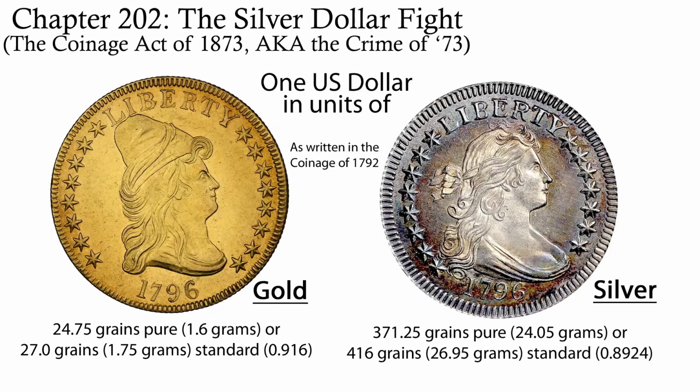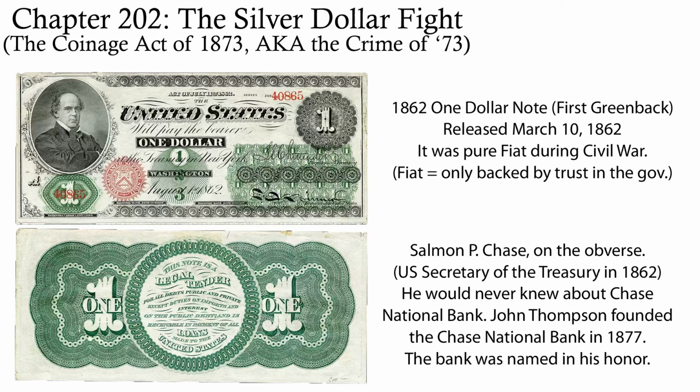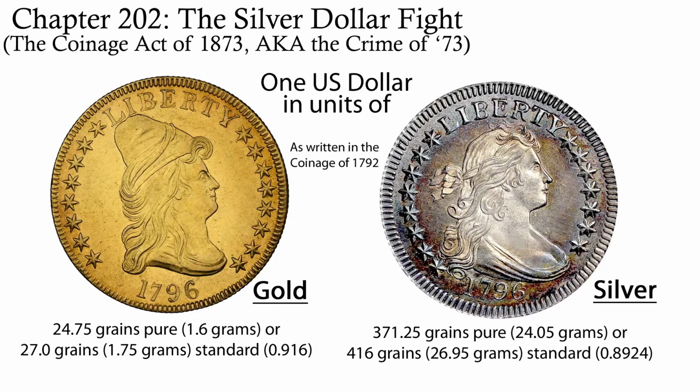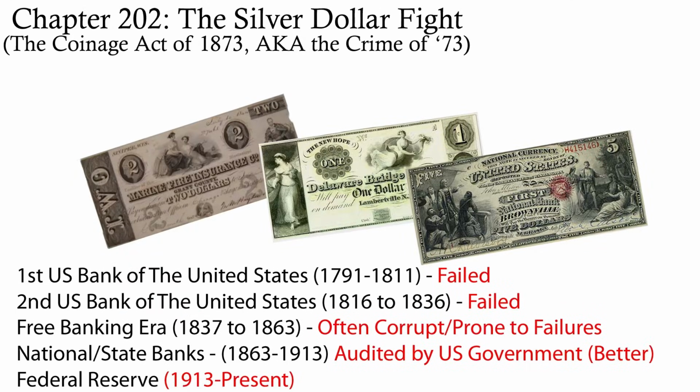Welcome to chapter 202. If you've been following the course, you know that the dollar was originally a unit of money defined by a certain amount of gold or silver. The first official US paper dollar wasn't released until March 10th, 1862. Prior to that, the dollar was strictly a unit of gold and silver. There were banknotes prior, but they were only receipts for the exchange for gold and silver or paper notes or